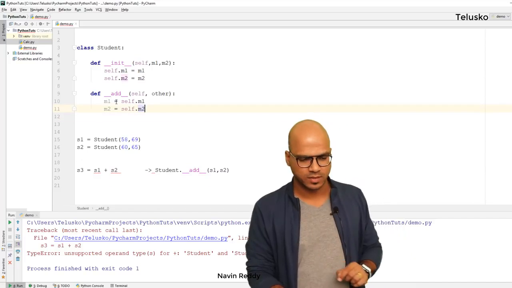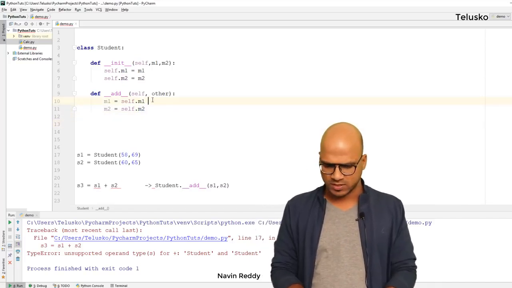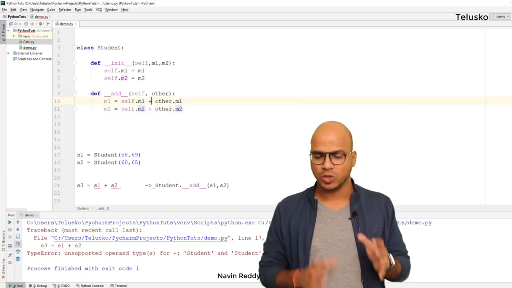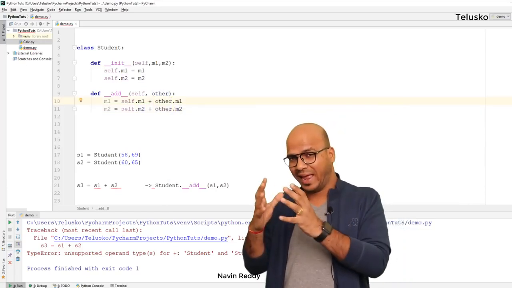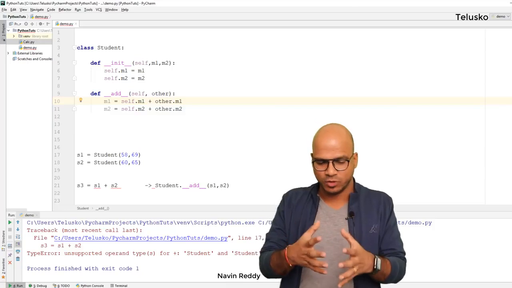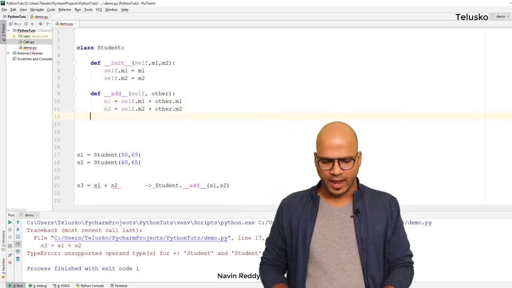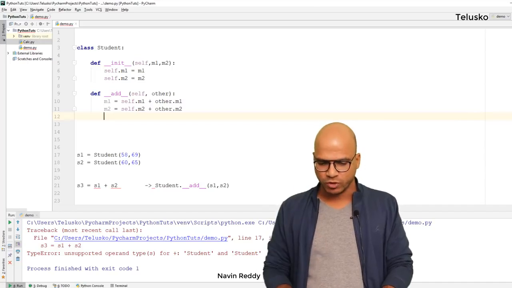So we got two variables, right? Not just self.m1 plus, it is other.m1 plus other.m2. So this is how you add values, right? So self.m1 and other.m1, and then m2 will have the addition of self.m2 and other.m2. So this works. And once you got these two values, what you will be doing is creating